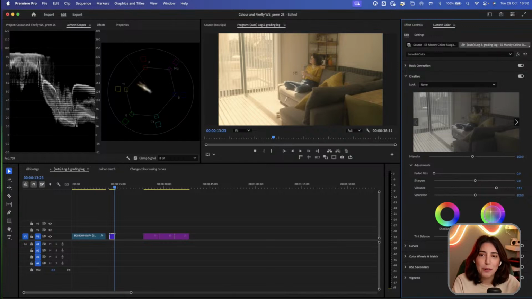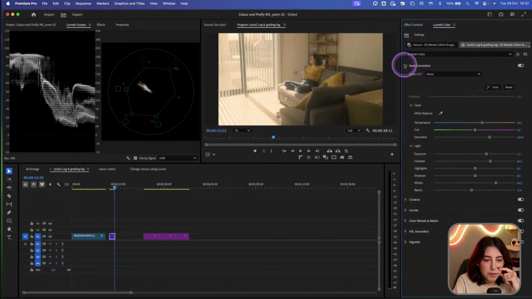It's the one with Fawlty Towers, is it? Whatever theatre that is. And I had to use these dials to get the green out of the skin shadows and make them more natural. So I could even dial that in here and then go up to basic correction and bring this down again. Yeah, that's nice. That looks a bit more like the highlights of that light coming in rather than the whole room